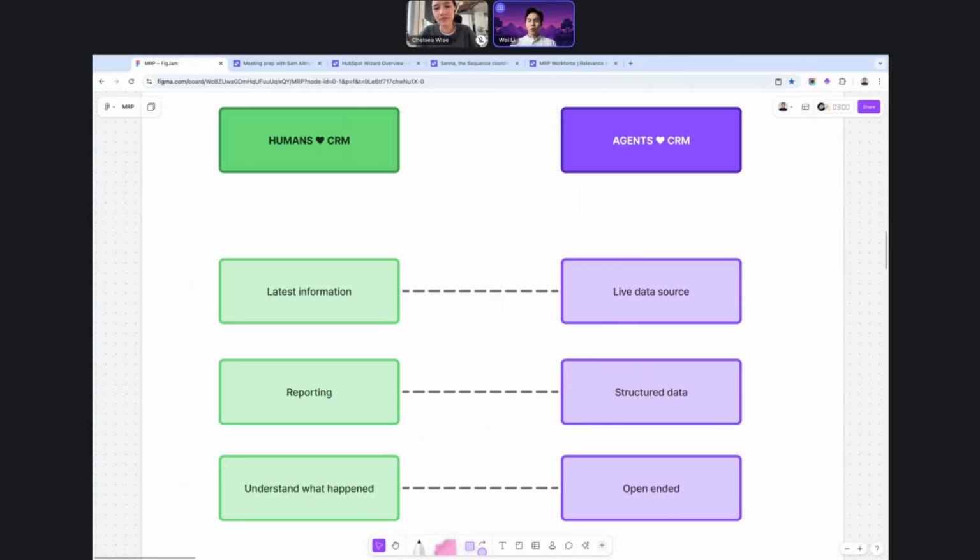What used to happen is people spend about 10-15 minutes writing out their entire notes, putting that into the CRM, and then making sure they move it to the right stage, fill out the right fields. And that's how it becomes structured data, because someone actually has to sit down there and structure it. But agents are now able to do that just with a couple of prompts.